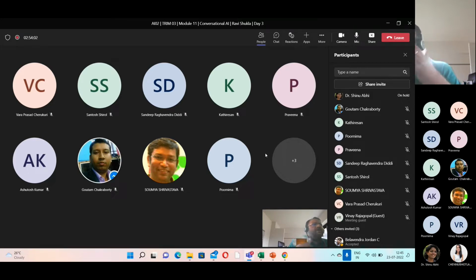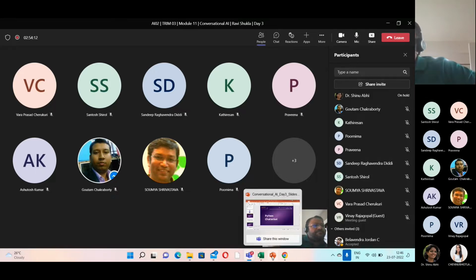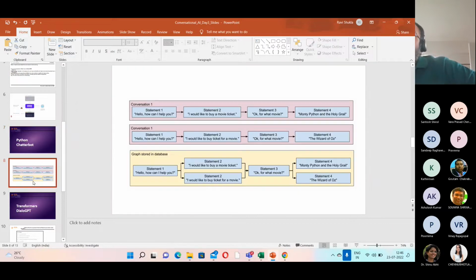You can use it, and you can also give it a list of utterances of what conversation looks like in your case. That's typically what a Python chatterbot is. It works on again some sort of a graph, different from an entity knowledge graph, but this is how it looks. This image was taken from the Python chatterbot website.